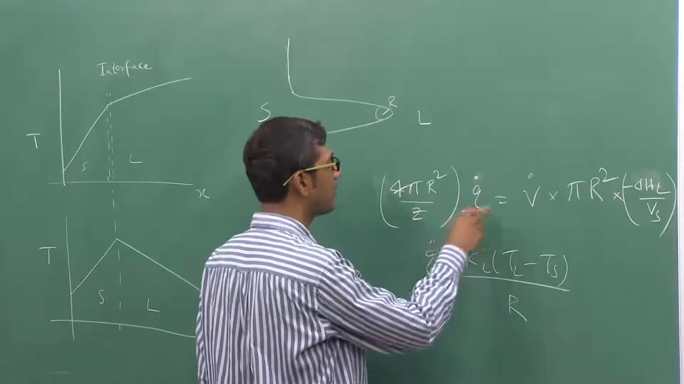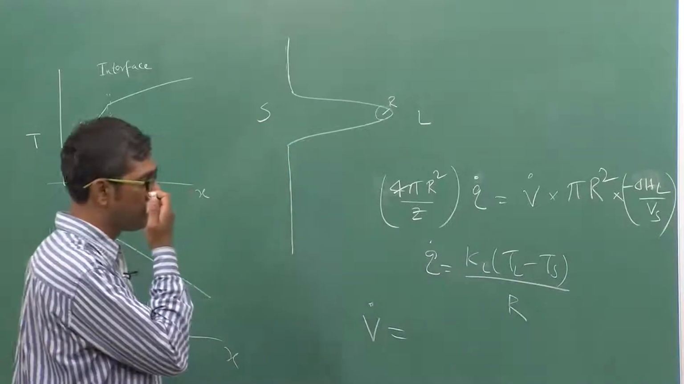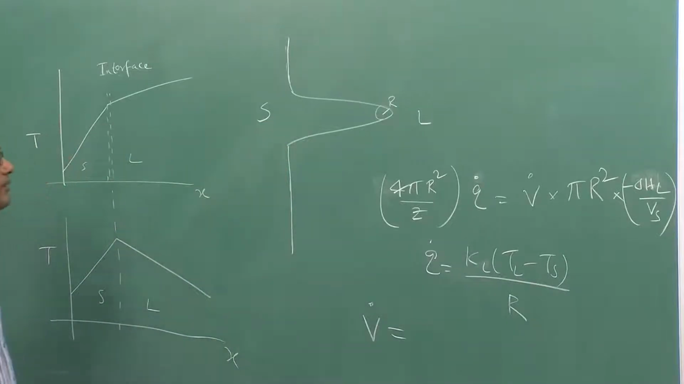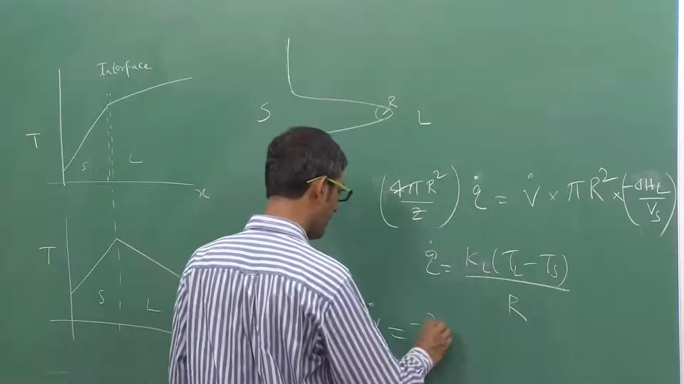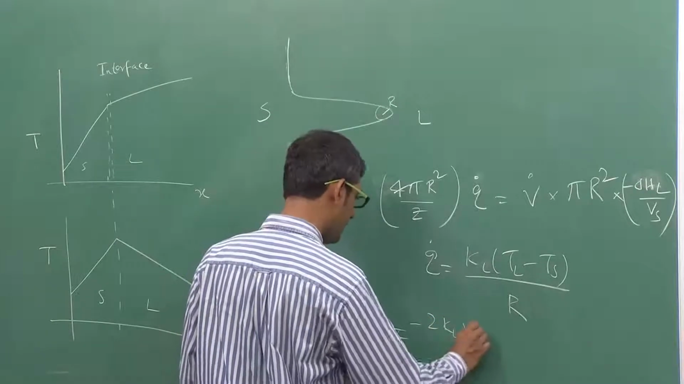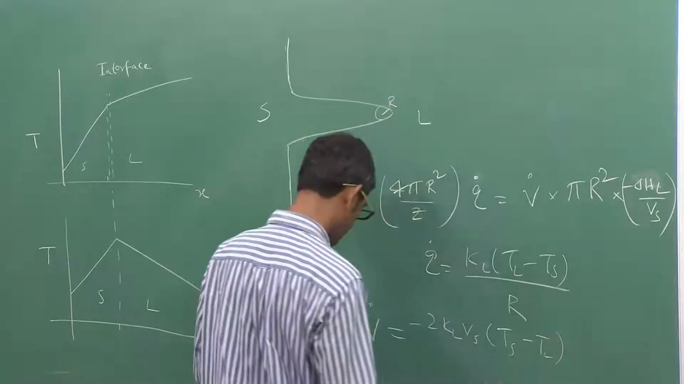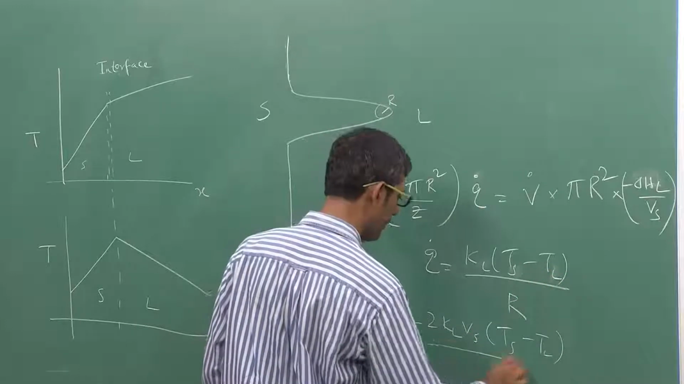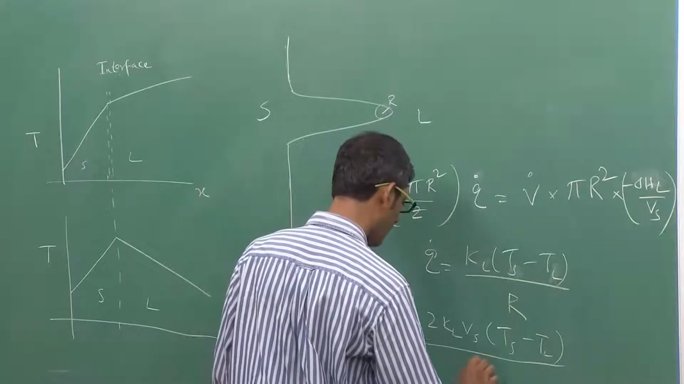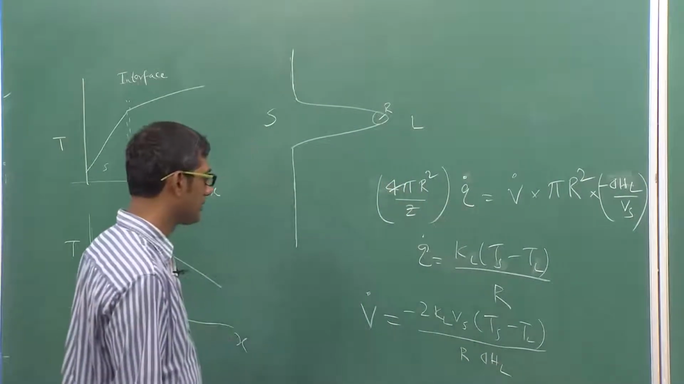And this is your flux, given by this, and this is the growth rate multiplied by the area multiplied by the heat which is evolved because of the latent heat. So, this gives you an idea about growth rate, that is equal to minus K_L V_S (T_S - T_L) divided by R multiplied by delta H_L. That is what you get,